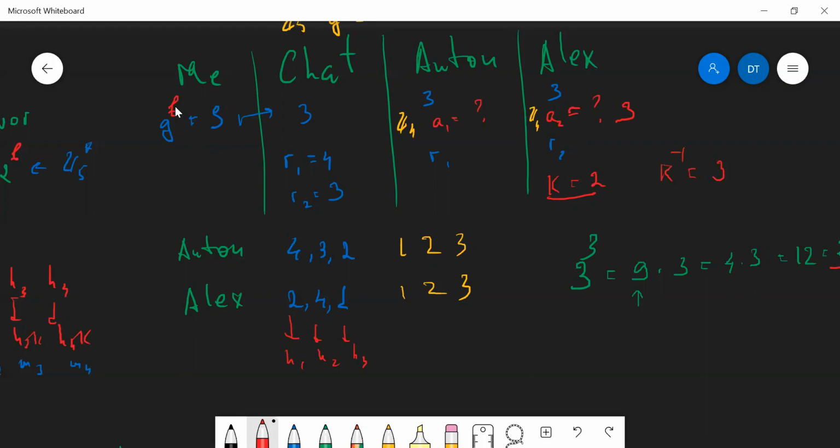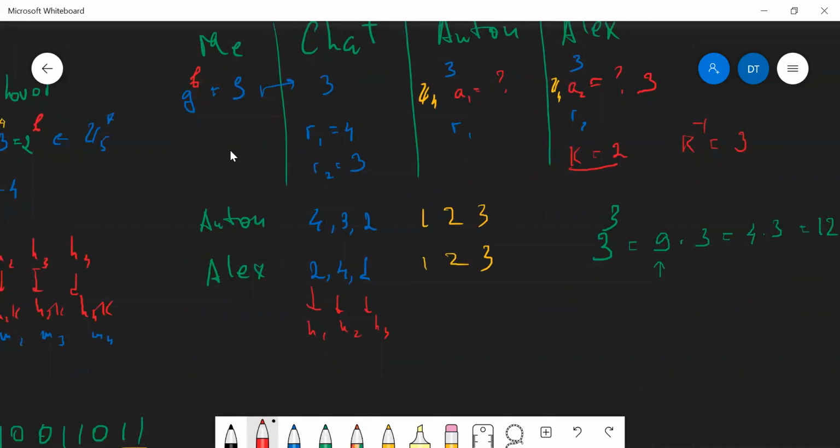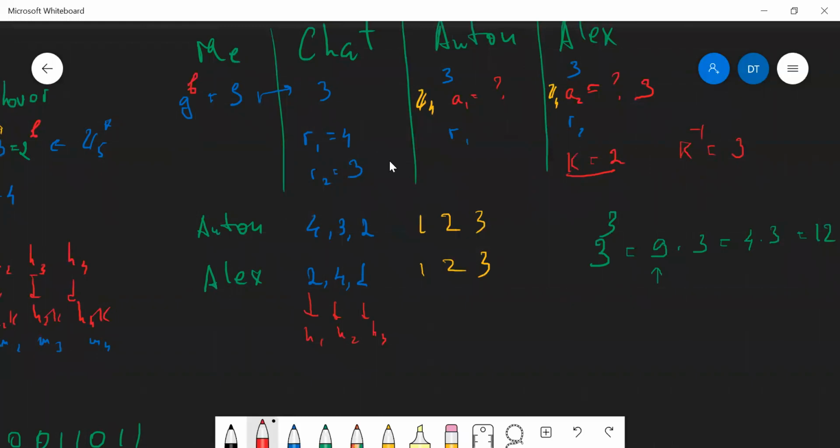So my B was actually 3. And now we can communicate. I send you a message, and actually you can also encrypt a message and send it to me, and I can easily decrypt it using exactly the same procedure. And no one else